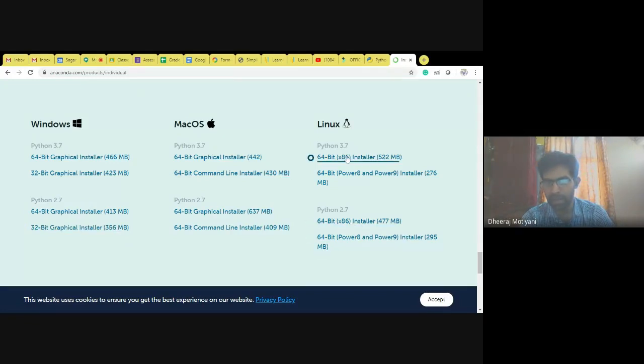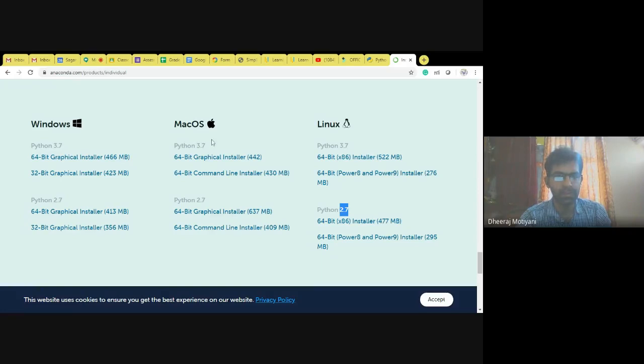See this also, Linux 2.7 64-bit Power 8 Power 9 installer, 295. So this 2.7 is outdated. It is not having the updated versions or the libraries. You will hardly get any library.